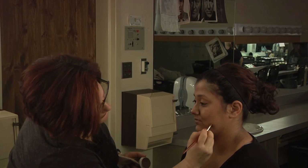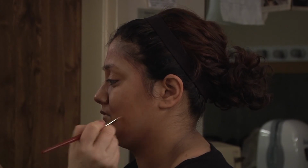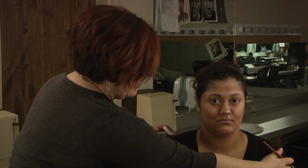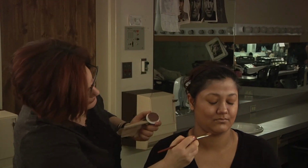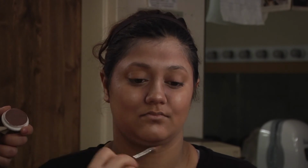I might even bring this shadow line a little bit higher just to really accentuate it. I'm going to turn Ankita again so we can see the other side. And here we are blending right below the chin and blending right below her second chin. I think I'm going to blend her highlight a little bit more since I'm not satisfied. And you can go back and forth between the highlight and shadow as long as you clean off your brush